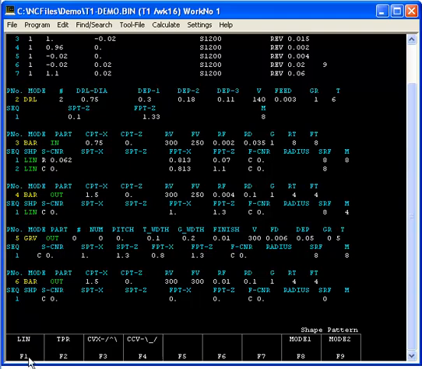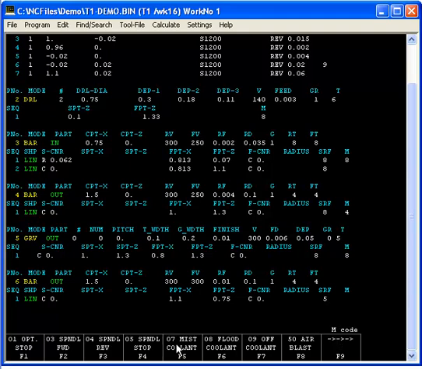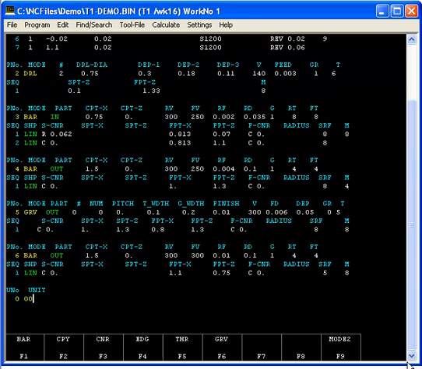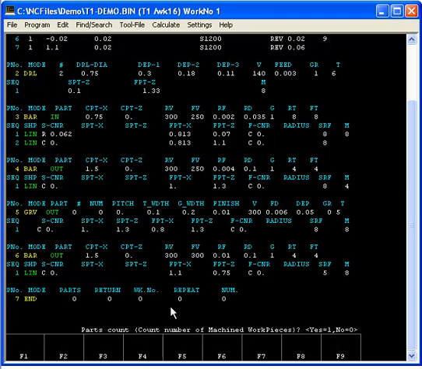Okay, so now we're going to do a line shape, and the finish point X is going to be 1.1, finish point Z, let's say 0.75, M code 8, and so on. So now, let's say that's the end of our program, so we're going to select end. It's giving you the prompts like you'd see on the Mazak and all this kind of a thing.